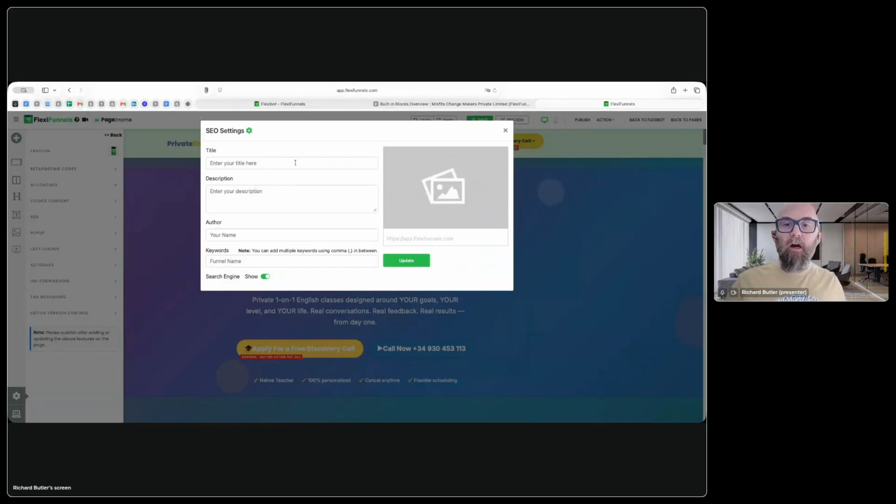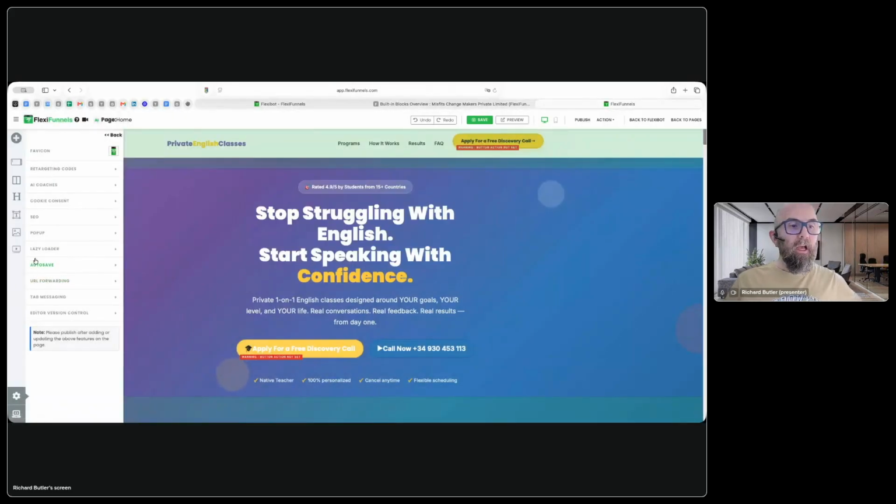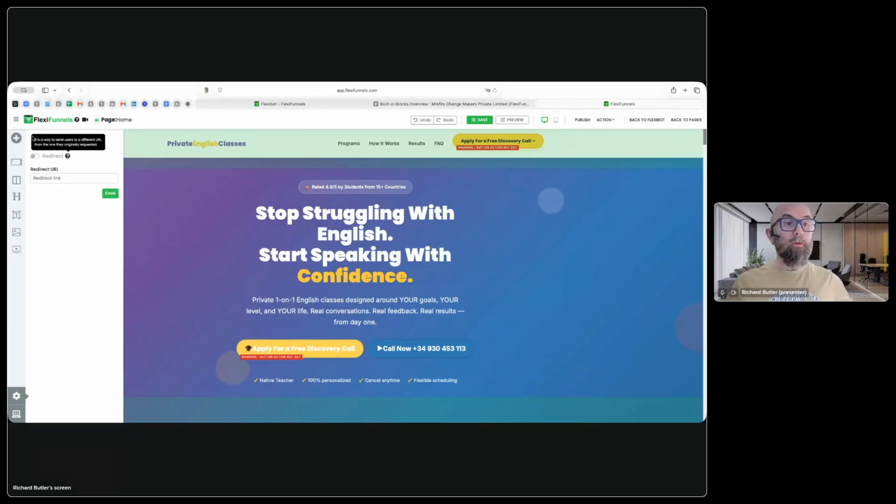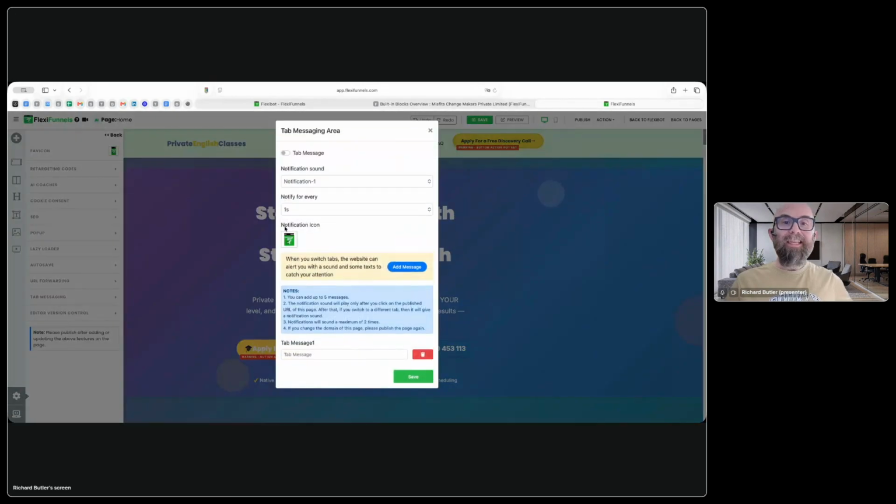The SEO I can put in here, which I still need to do. Okay, I haven't done that yet. I can have a pop-up. Okay, if I want, I can do a lazy loader so that, I think, helps with speed. I can forward to a URL if I wish, so like a redirect. Tab messaging. Ooh, okay. So what this actually does is, if somebody switches to a different tab,